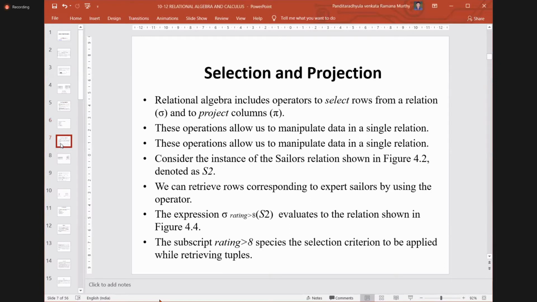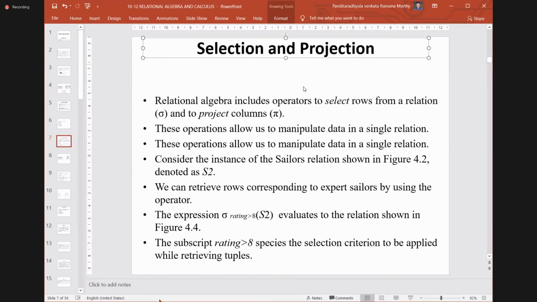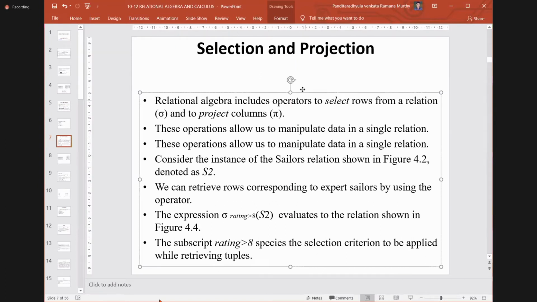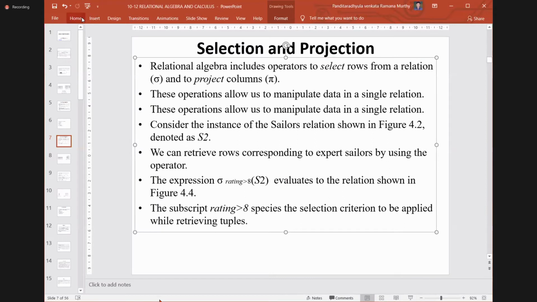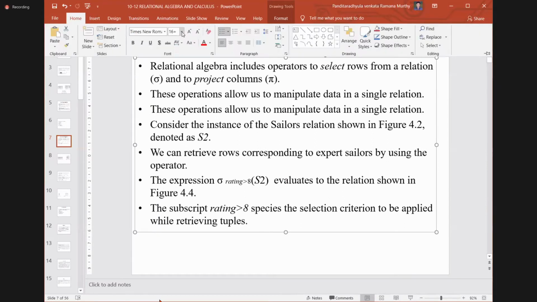What is the meaning of selection and projection? What are the symbols we use for select and project? I hope this screen is visible to you. The selection and projection operators are representing